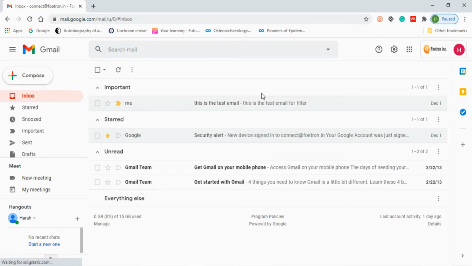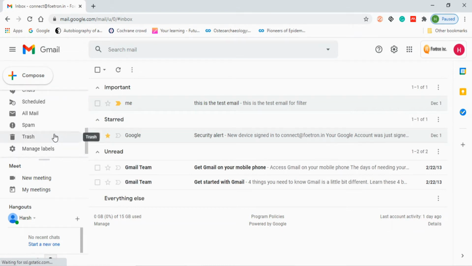So how can we create an organization in our Gmail account? For that, you need to scroll down in your section and click on more, and this will be much easier if you are new to your Gmail account because this will help you to create a lot of labels. And once you create that, and if you use the automatic filter options, you can have Gmail working for you, in which if you receive a mail from a certain person, it will directly go to that label. So first of all, we will cover it point by point.